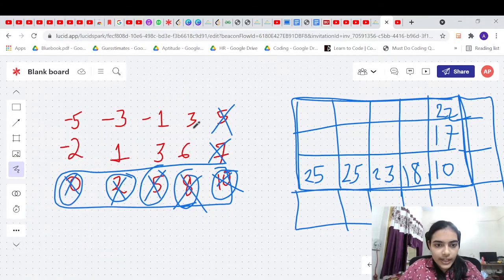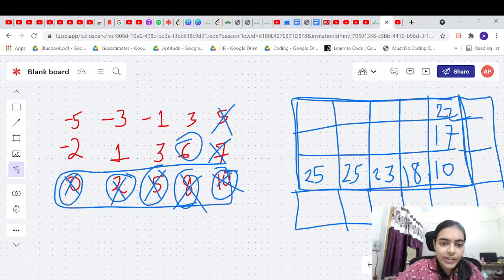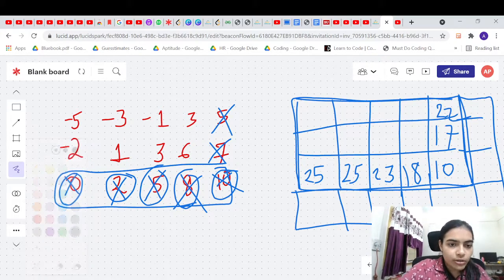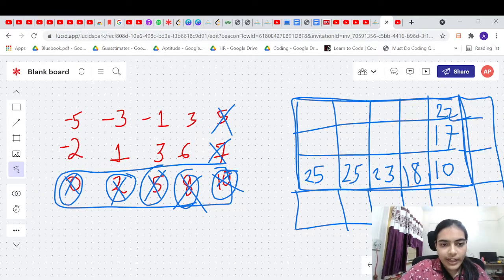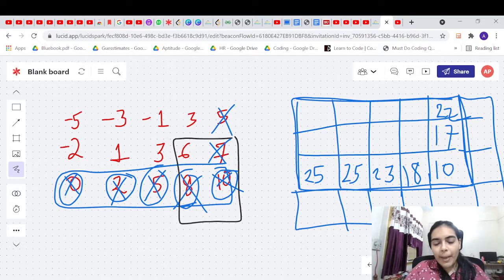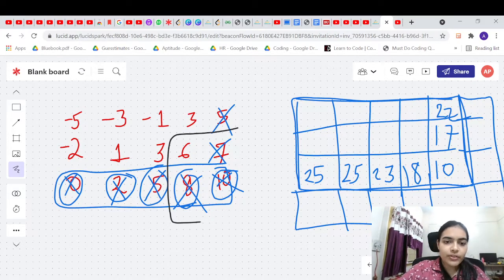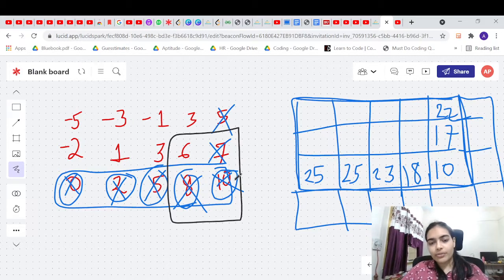Now let us go to the next value in the table. We have 6, right? If you want to kill this group of soldiers, how will you find the maximum that you will get? When you are taking this element also, you can take this element, this element, or this element. So what will be the maximum output that you can get? Now this is positive, right? So it is best if you take the entire region.